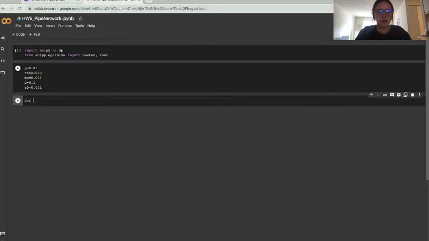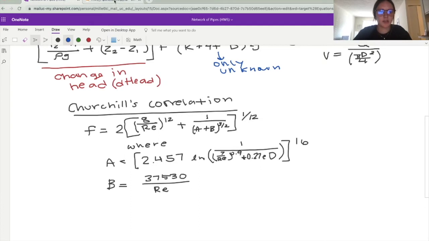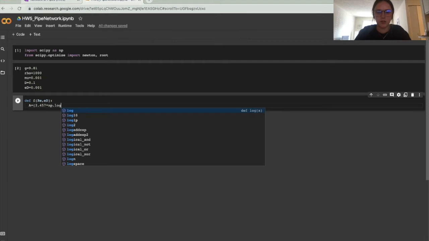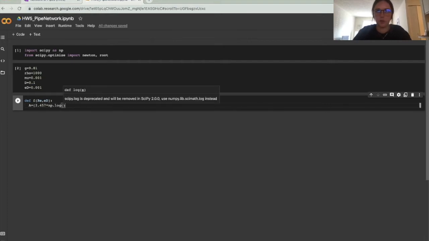We're going to define, and I'm just going to call it f, and we're going to take in the Reynolds number and the relative roughness, and we are going to put in those equations for A and B. So A is equal to 2.457, and we're just going to put this in parentheses,